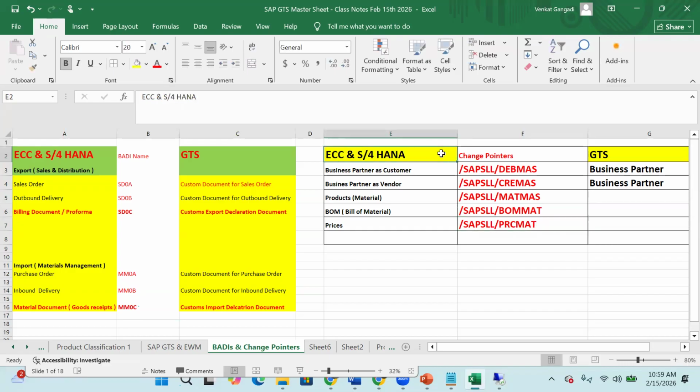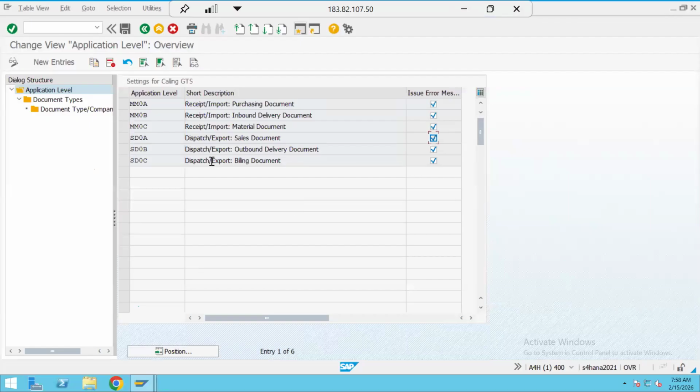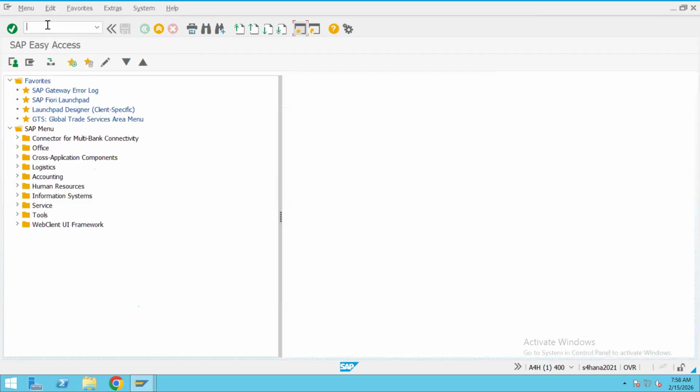So these are the change pointers that we need to activate in S4 or the GTS system to transfer your customer master, vendor master, product master, bill of material, or the prices. So let me go to the system. This is also simple, straightforward, not that complex. Now you have to understand one important thing. There is something called the area menu dashboard, GTS dashboard or GTS area menu, because